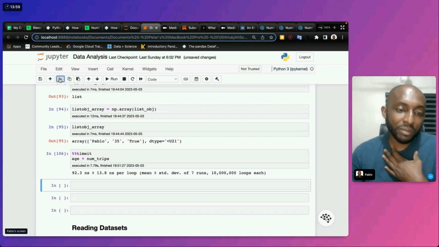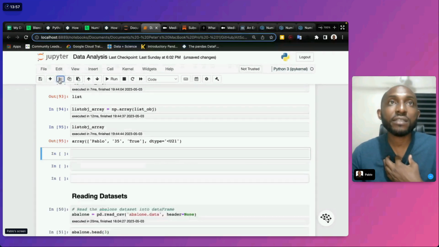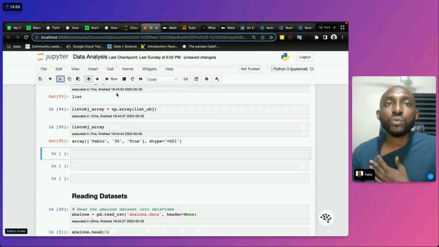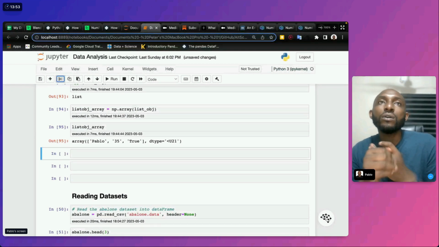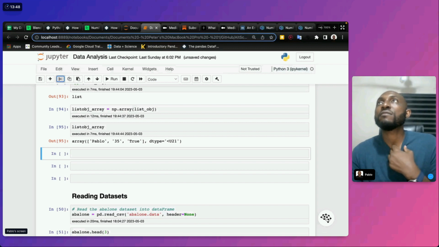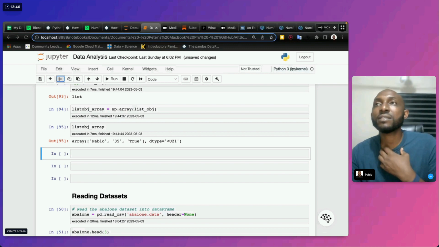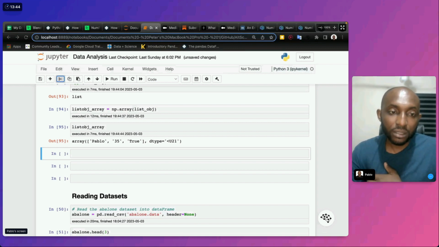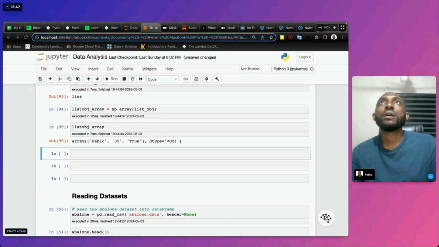But bottom line is, these guys are faster when they are used. When you are using NumPy to run stuff, they are faster. But for lists and the rest of them, they're a lot slower. There's a lot that can be done.